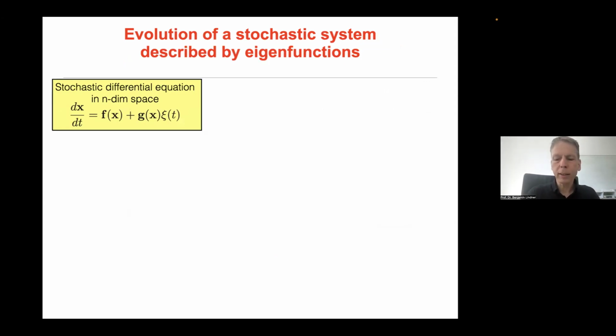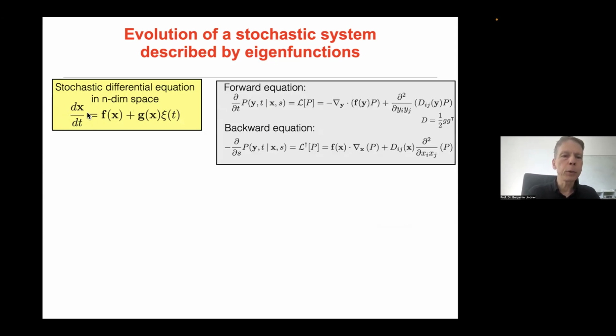Now I will get a little more formal here and introduce really the framework. So what we consider here are systems that are described by n-dimensional systems of Langevin equations, of stochastic differential equations. I choose here for that slide the physics notation where we really have a differential equation that is driven by white noise. And to this equation is associated a forward Kolmogorov equation, also known as the Fokker-Planck equation, and